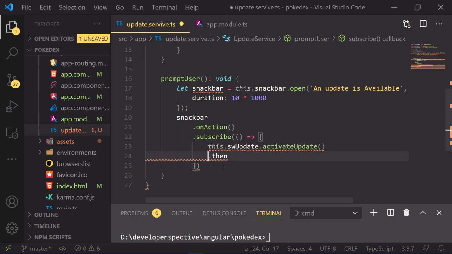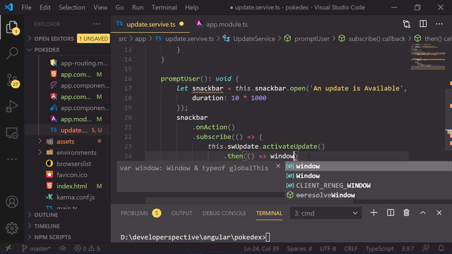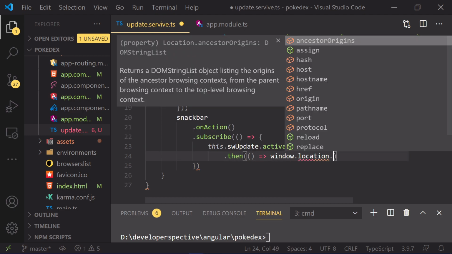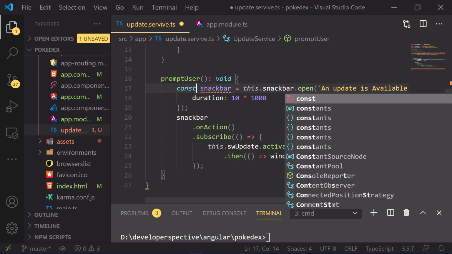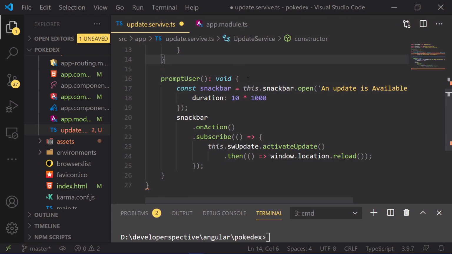Whenever a person clicks on this reload button, we will instruct the service worker to activate the update. We will reload this page by using window.location.reload. That's when you prompt a user. This function will be called whenever an update is available, and it will ask you to reload the page, execute the activate update for the service worker and reload the page.